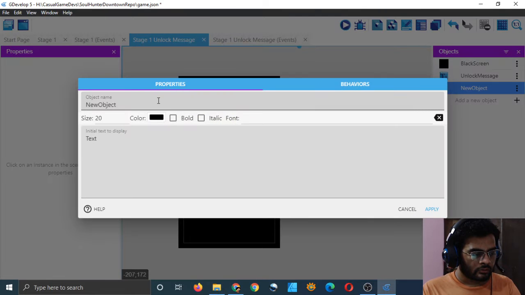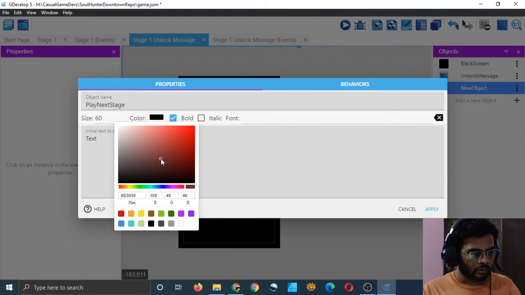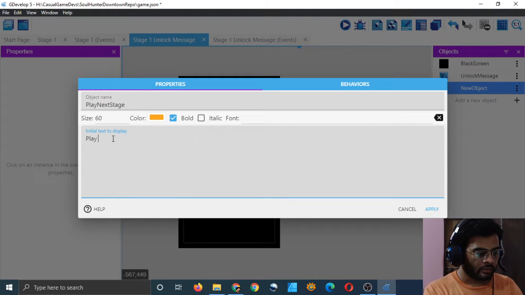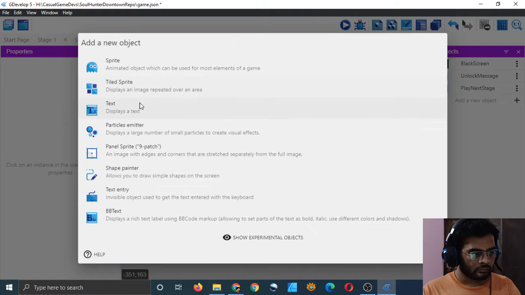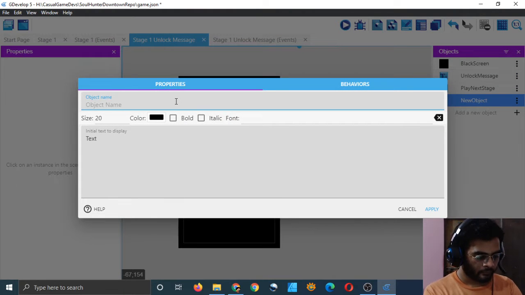And then choose another text and call it play next stage, and 60 and bold, and color should be again the same color, I guess, and type play next stage. This will be a button and then drag it here and another one, and the name should be keep playing, and this means keep playing previous stage.